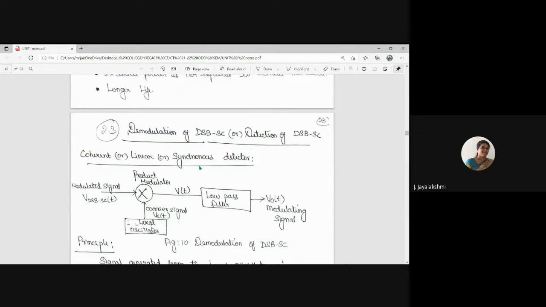All these generations happened by means of a square law modulator, a balanced modulator, or a nonlinear device like a diode or a transistor. And wherever we need a filter to suppress the carrier, we designed a filter. And of course, for single sideband, we went for the frequency discriminator and phase discriminator for generating a single sideband suppressed